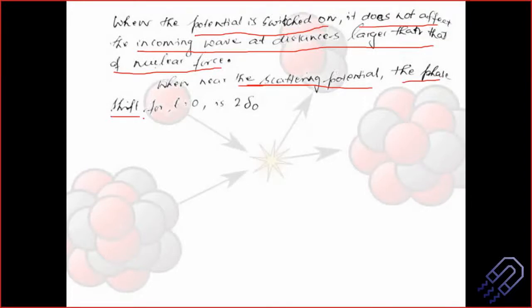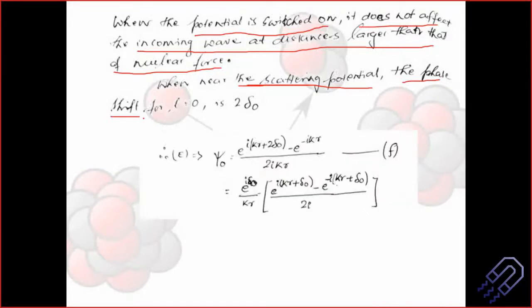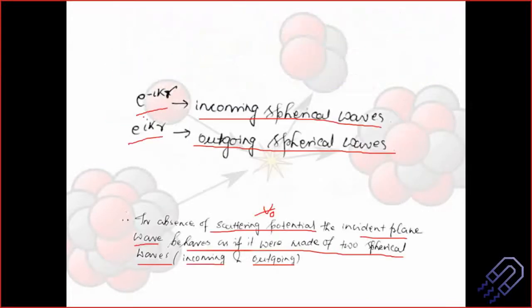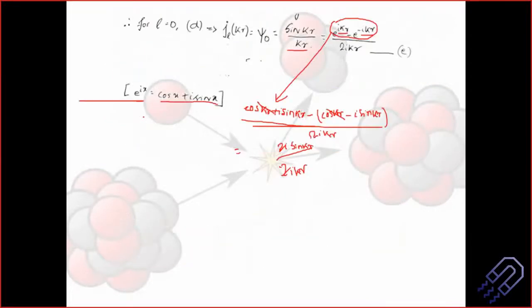It is nothing new, but we have not used it for practical ideas such as the scattering example, and that's why sometimes it becomes a bit confusing. So if we consider the phase shift example, what was our equation again? This equation, e to the power iKr minus e to the power minus iKr divided by 2iKr. So this is the incoming wave.